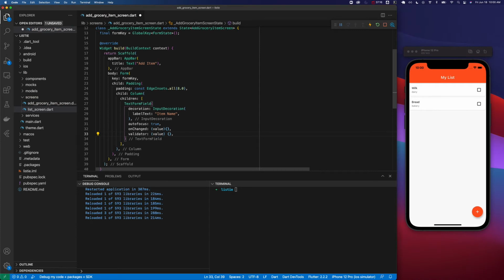And we don't need an initial value because we want it to be empty. If this was an edit screen, obviously we'd want an initial value, but this is a create new. Okay, so